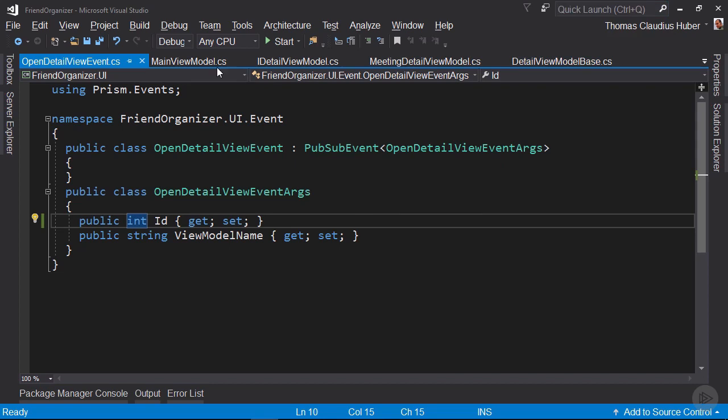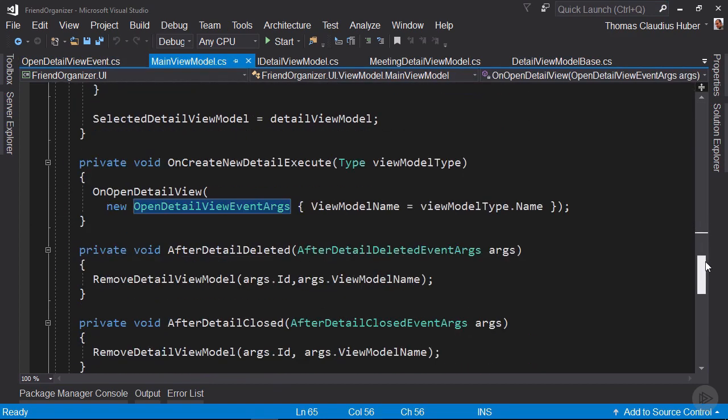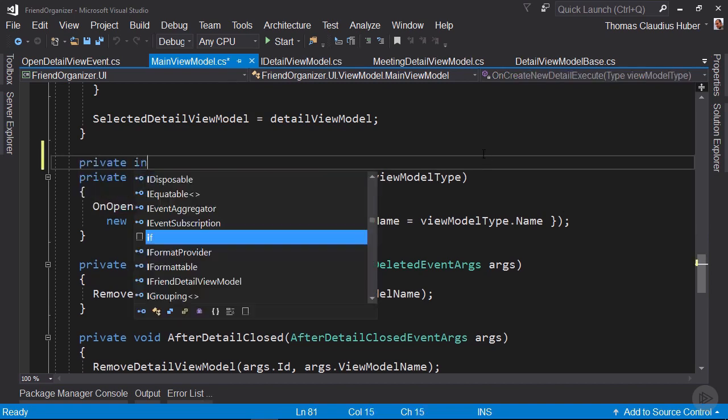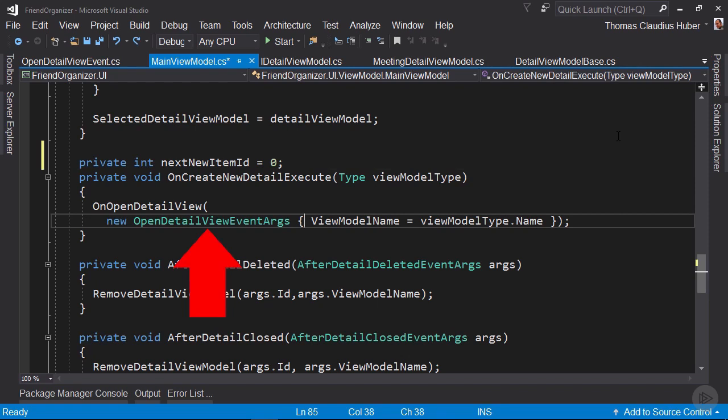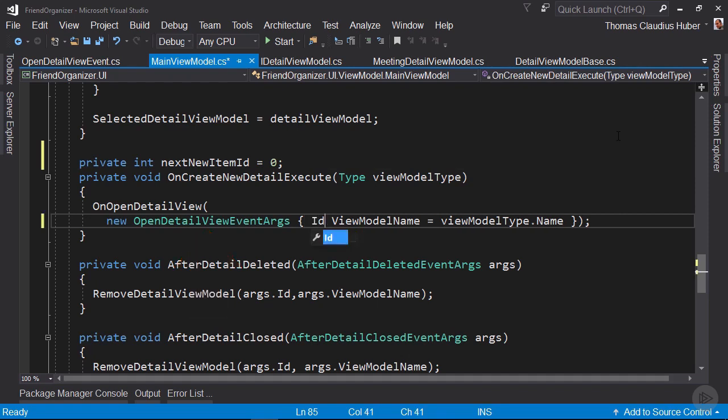Now I go to the main view model and to the onCreateNewDetailExecute method. This is the execute method for the create new detail command that is used by the menu items. I define a private field of type int and I call it nextNewItemID, and I set this field to 0. Now here where I create the new OpenDetailViewEventArgs, I set the ID property of these